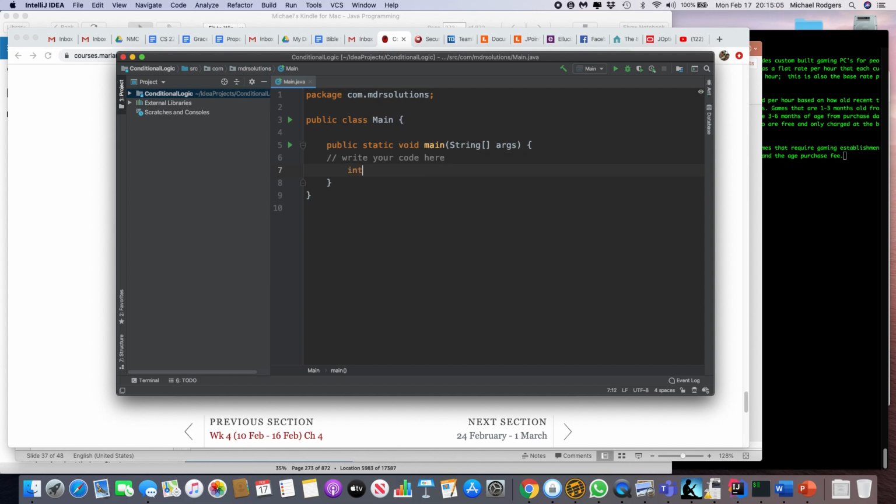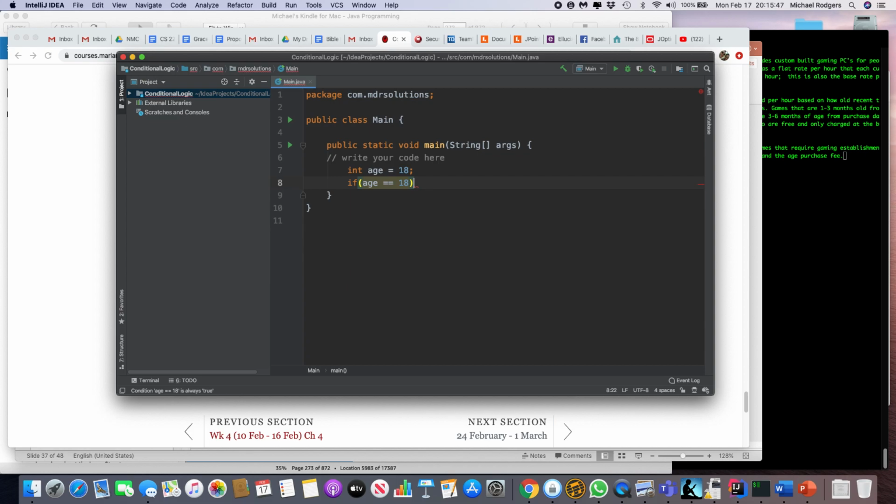So let me create just a quick sample here to demonstrate how the if statement can be used. We have an int, and we're going to say int age equals 18. And now we're going to create some simple logic to test if the age is 18. The way we do this is we type if, parenthesis, and we're going to type in the value we're testing. And so we'll say age is equal to